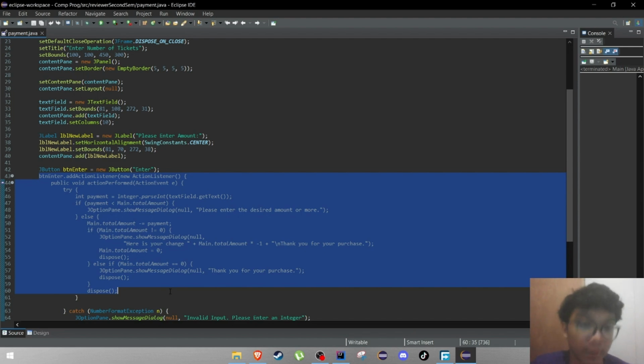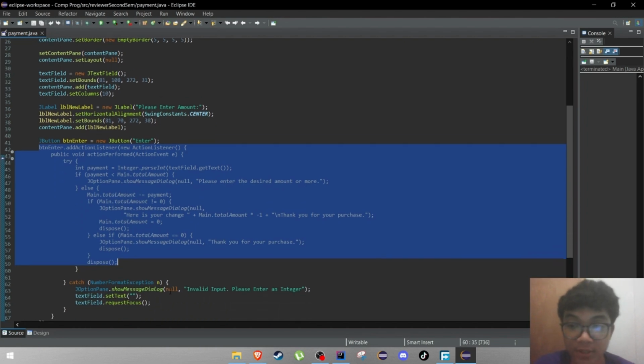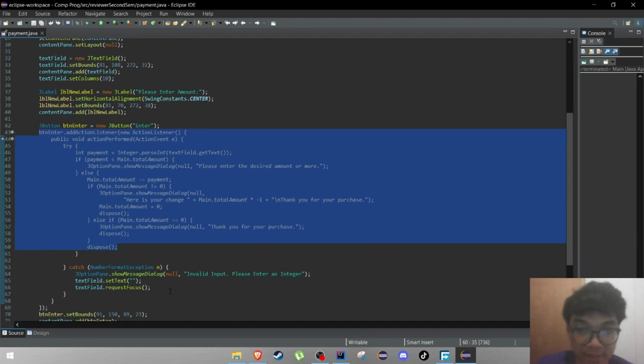Depending on the validity of the input and the functionality of this GUI, the user is presented with the appropriate message using JOptionPane.